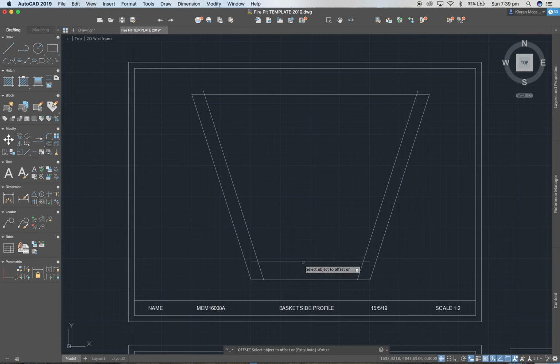Don't press escape too early or it won't save. So 15, just like that. And remember what those two, we can escape. Now we could do offset all the way up, but just to speed up the process, we're going to use the copy tool. Now to do this, first of all, I'm going to select the two lines that I've just offset,